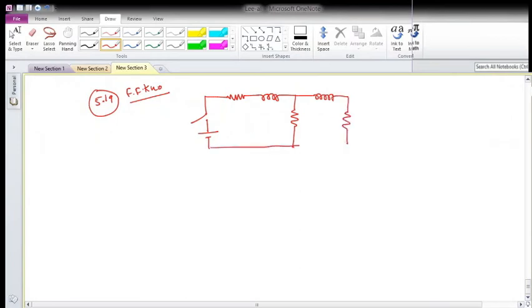Okay, two meshes are enough to solve, but to get the concept and to understand how to solve it using Laplace. Switch is closed at t is equal to 0. Say the battery is of 100 volt. This resistance is of 10 ohm. This inductor is 1 Henry. This inductor is also 1 Henry. This resistor is 10 ohm resistor. This resistor is 10 ohm, and it has been asked you to solve for I1 as well as I2. Okay, so very simple.